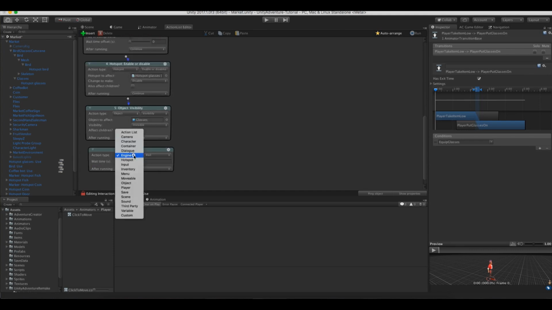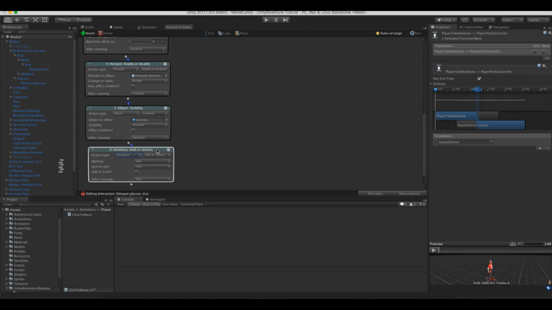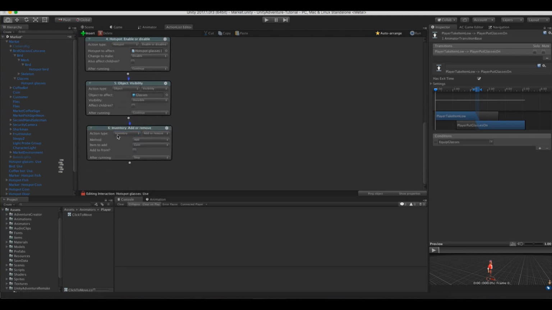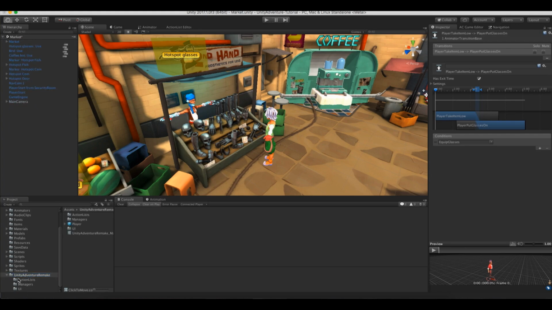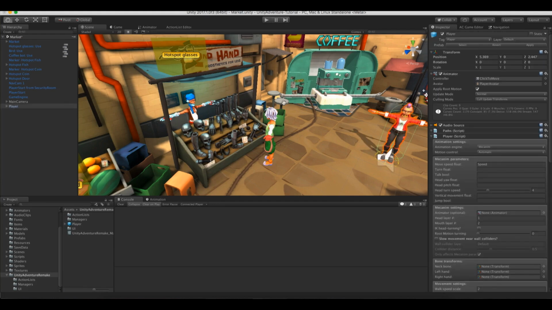We'll then add the glasses or the disguise to our inventory. So I'll add an inventory add or remove action where we will be adding the disguise item. And next we want to have the player visually equip the glasses. Now we can find the player prefab inside our Unity Adventure Remake. If I drag her into the scene